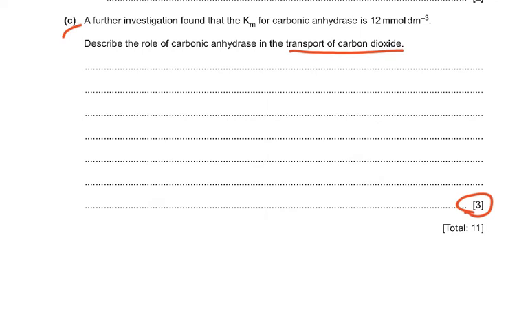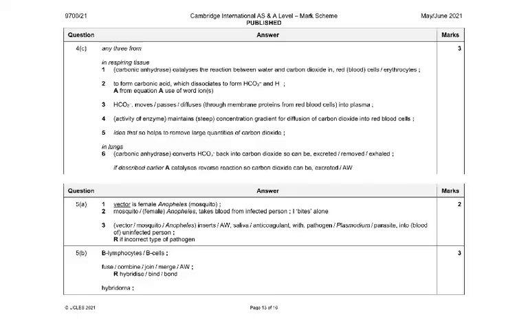In the lungs, the carbonic anhydrase converts the HCO3 back into carbon dioxide, which can be exhaled out. So the reverse reaction is catalyzed, and carbon dioxide can be excreted out. Now if you look at the mark scheme of 4C, in respiring tissues and in lungs, so there are 2